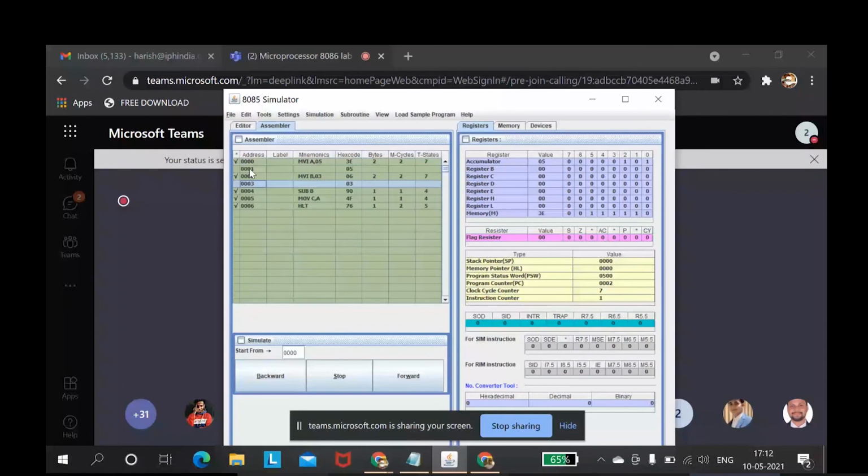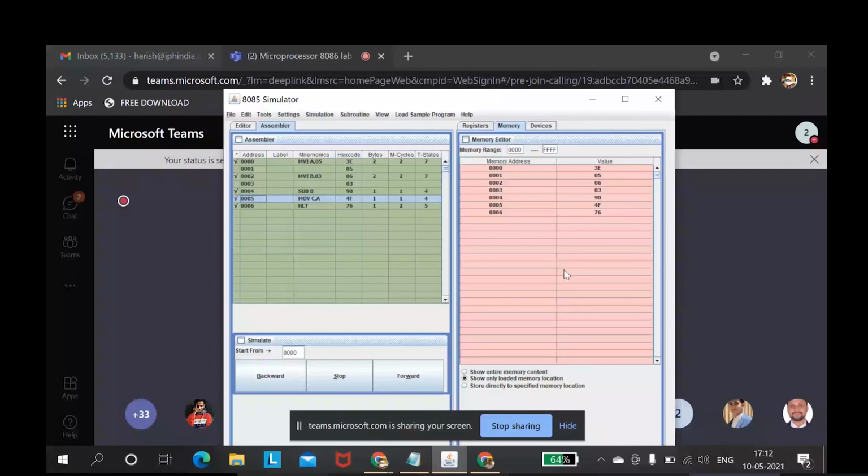Okay. Students, all I want you to see is on the right hand side. See, writing a program is easy. All right, I'm sure you will all remember. But you must also notice the values as they change as we move down the program, as we move down the instructions. The values in register B, whatever registers we are interacting with, that data coming in there. All right, that is how you show your answer to the external. And of course, you also go to the memory as such. Click on memory, Harish. Yeah, that's how you should show the value.